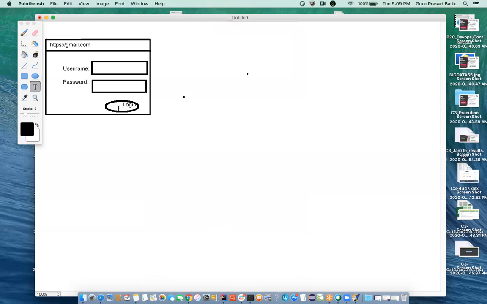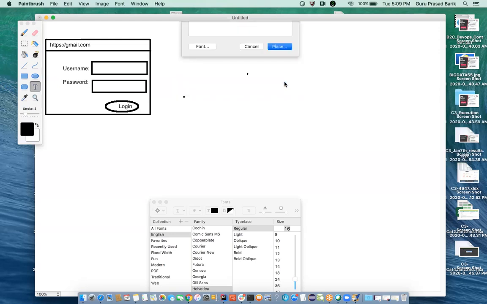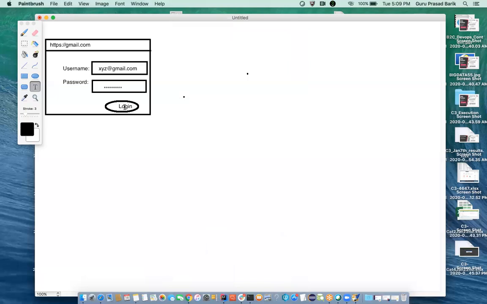Once you provide a valid credential, you can hear me, right? Yes, I can hear you. Any valid credential you have provided in the given text fields, then you click on the login button. What is the next page you will see?